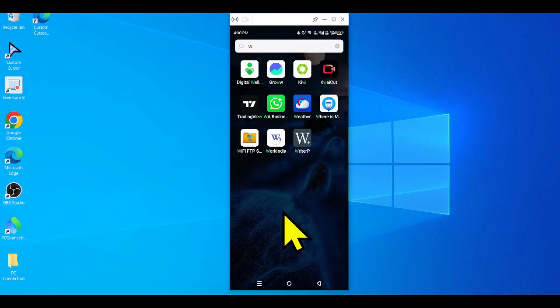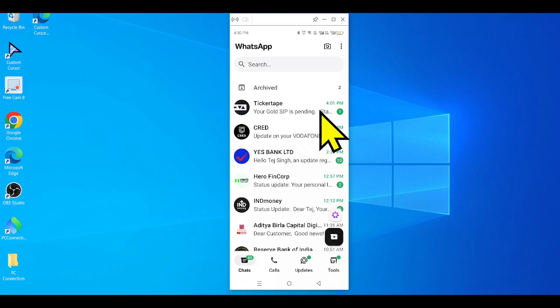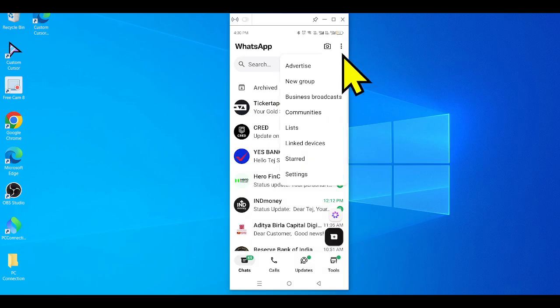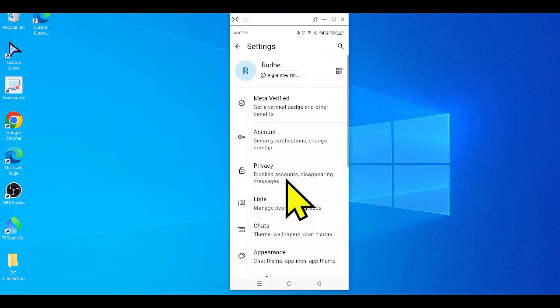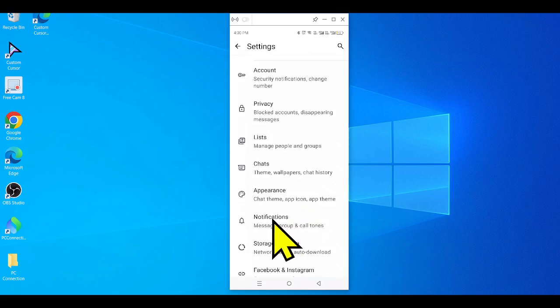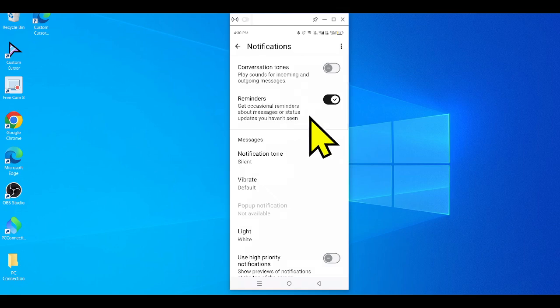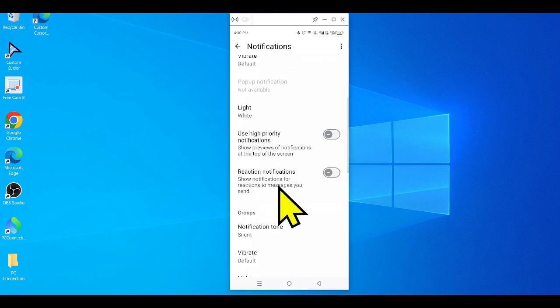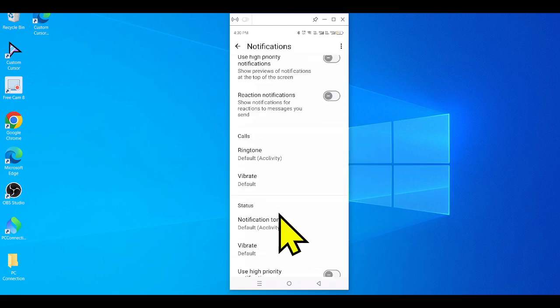I will show you how to change the ringtone on WhatsApp. First, open WhatsApp, and after that click the three dots and choose Settings. After that, find the notification bar, this is here. In the notification section I want to change the calling ringtone, so